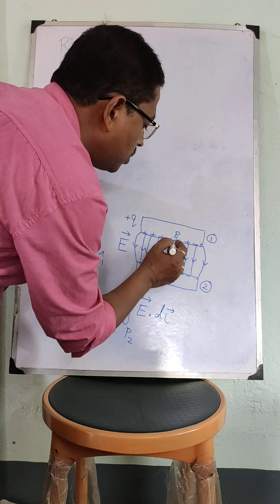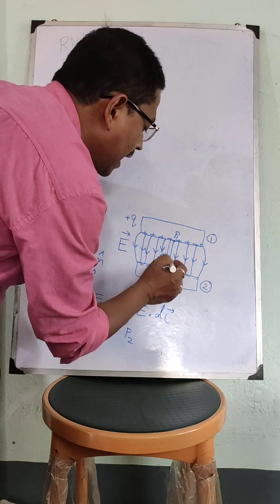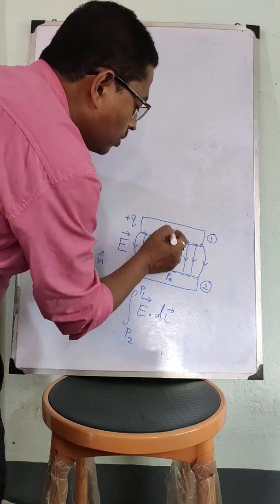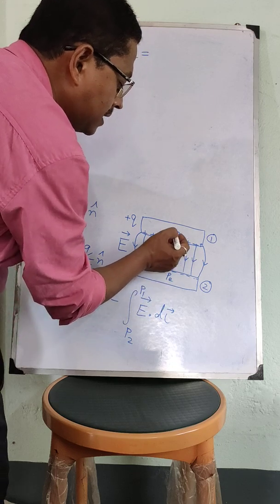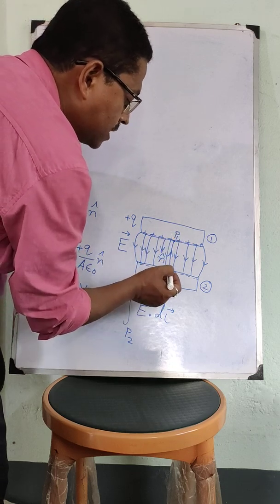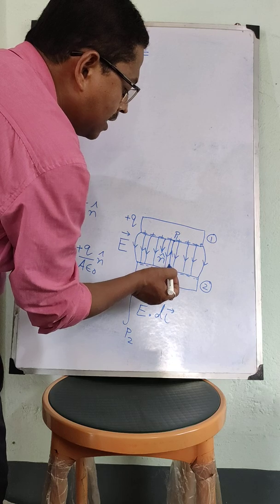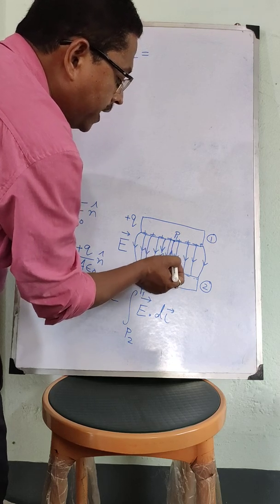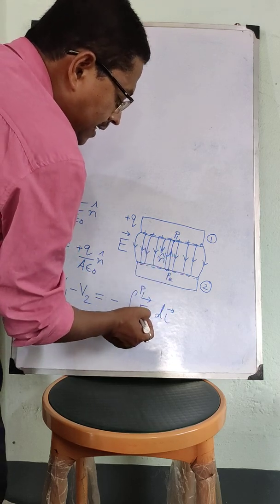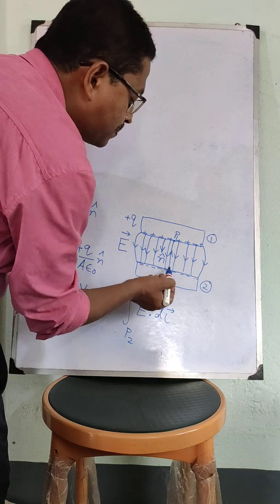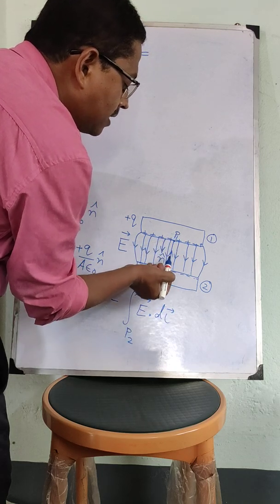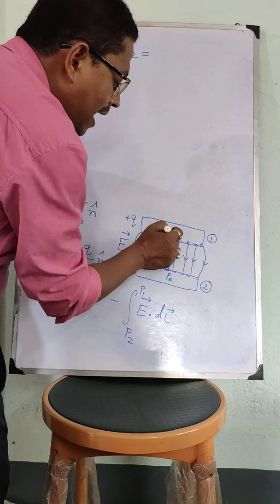So I am doing the integration along this path. Our direction of the path of line integration is from P2 to P1, that is opposite to the direction of the field. So dl is a displacement vector in this upward direction, and electric field